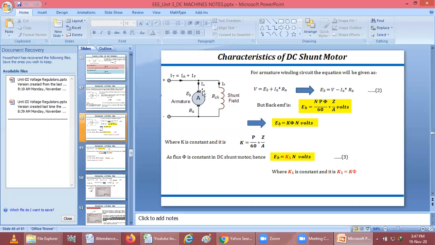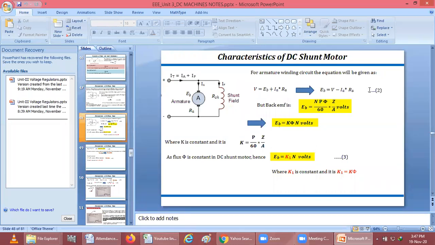Firstly, if you are trying to find the value of potential drop, value of voltage for the armature winding, you will get the DC motor में EMF जो generate होता है, we are calling that as a back EMF. And when we are giving the power supply, at that time, if there is a resistance, some amount of current will flow. So we can take as a potential drop equal to VA equal to IARA. So I can write here V equal to EB plus IARA. When I am rearranging that equation in the form of EB, you will get these equations.